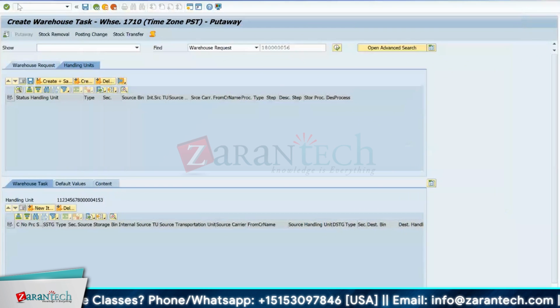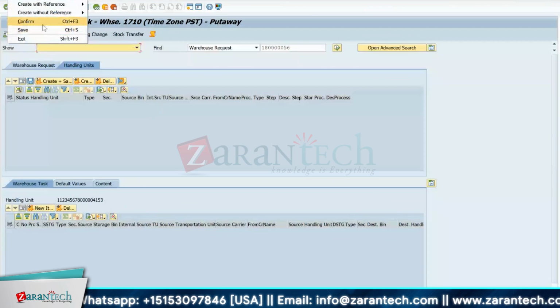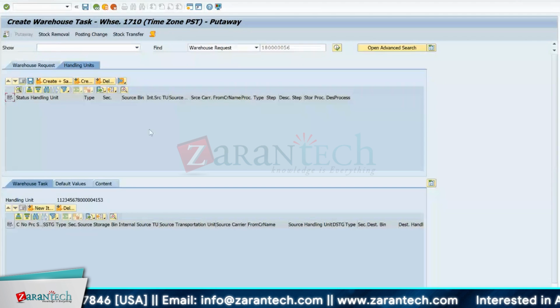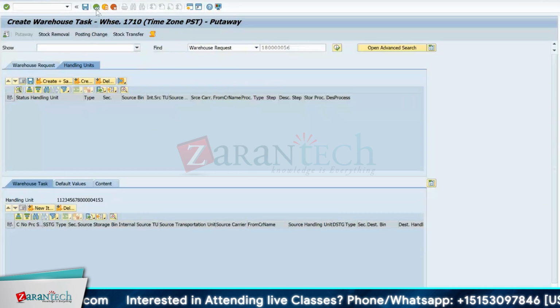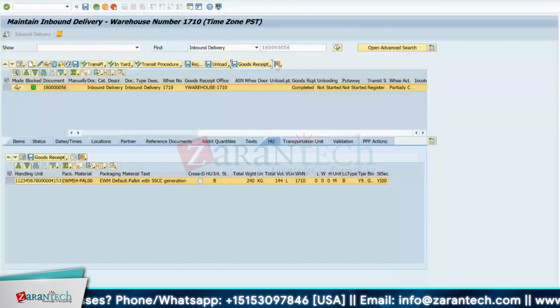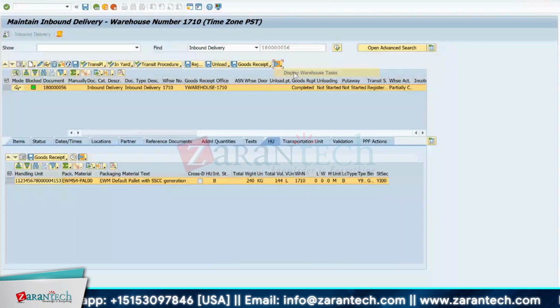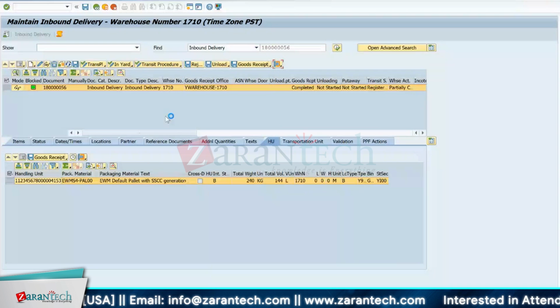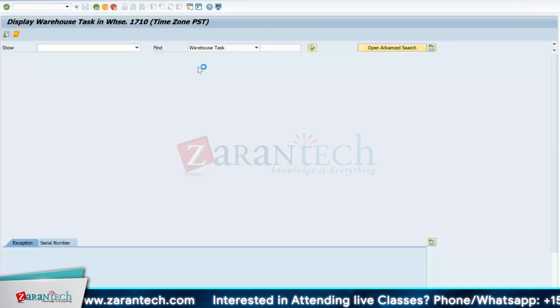If you go inside confirmation now, it will only show the warehouse task which is open. It will not show the warehouse task which is in waiting. To check that, you can go back and click over here, display warehouse tasks. When you click on display warehouse task, it is just showing you the waiting warehouse task. But if you want to see the open warehouse task as well, you need to